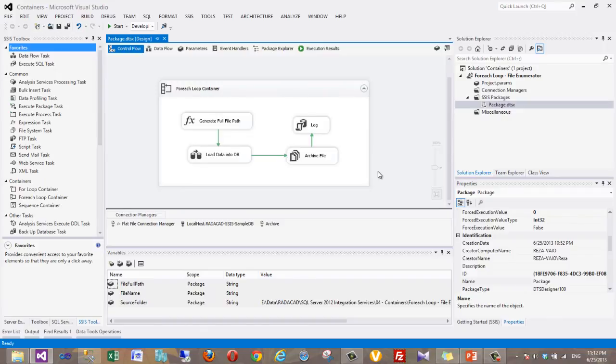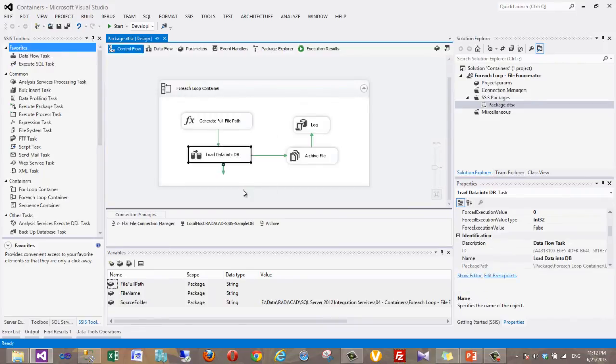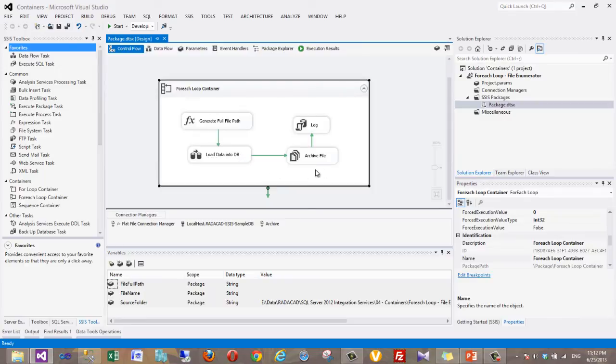We will talk about different structures in other videos, but with the same structure you can set up a data flow task. You can use variables, expressions, and dynamism to make it dynamic. And with all of these things, you will have an ETL package that loops through all files, loads them into the destination table, archives them,